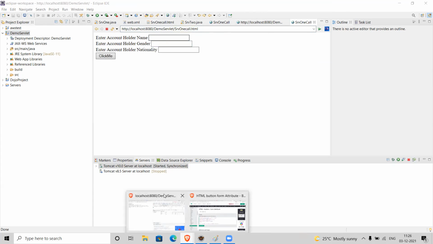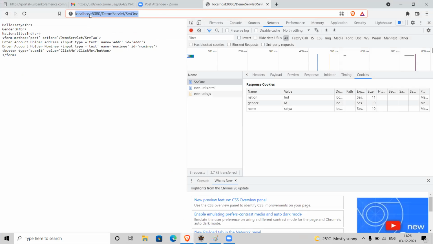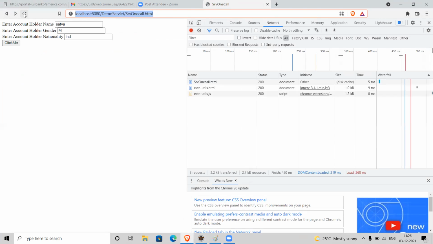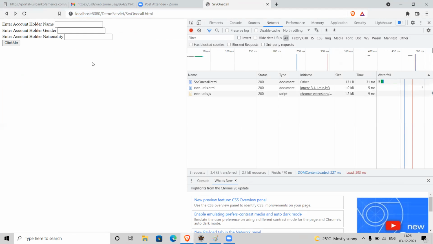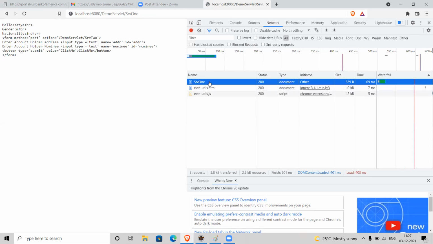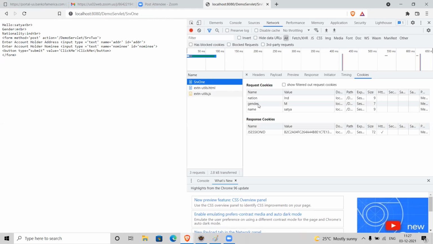It's better to run from this browser. We did not delete this cookie information, that's why it is displaying cookie related information in this browser.